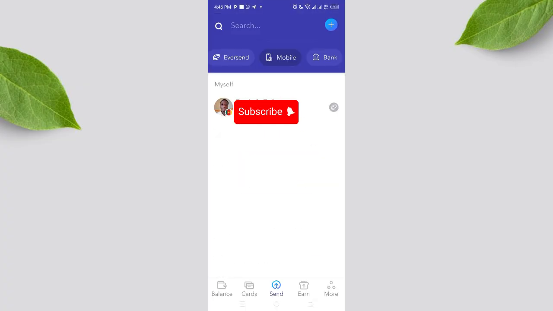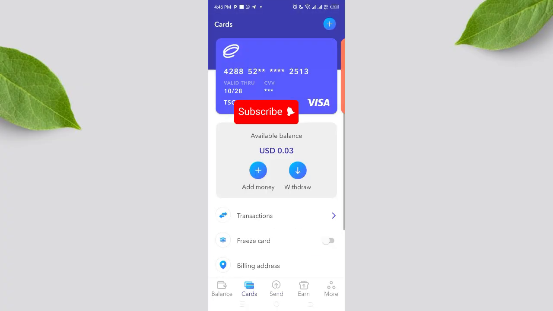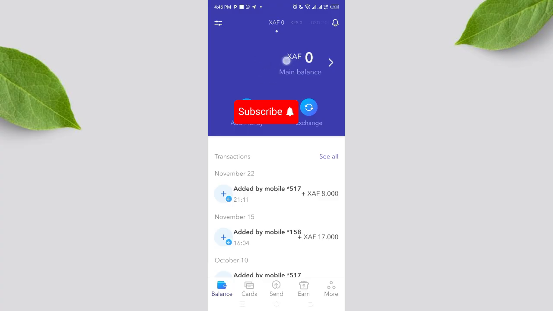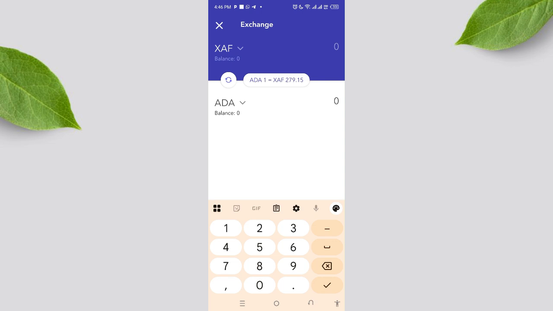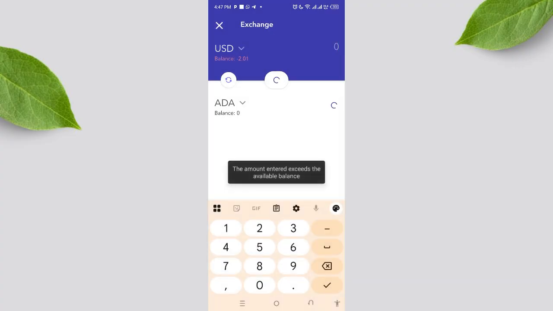Remember, once you withdraw from card, it's not going to appear directly here in CFA because it is USD that you are withdrawing. So once you withdraw from card, it's still in USD. So the next thing you need to exchange before withdrawing to your mobile wallet, you need to first of all go to exchange. Okay, sorry, I jumped that step. You go to exchange, then you're going to see USD here. So the amount of USD, and then you want to exchange to CFA,